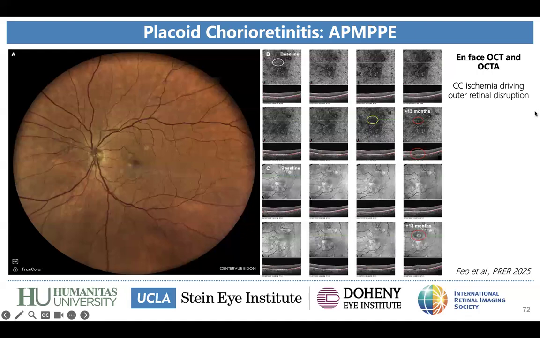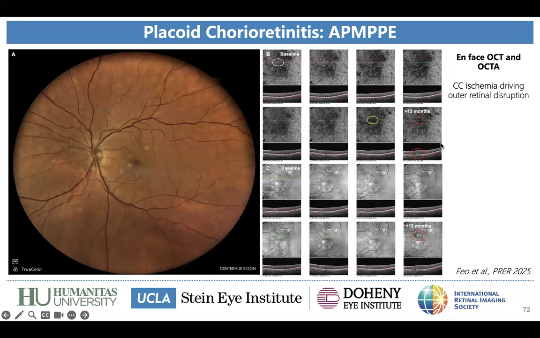Another example of application of en face OCT-associated imaging in the context of inflammatory disorders is represented by placoid disorders. This is an example of APMPPE, acute posterior multifocal placoid pigment epitheliopathy, and you can see the presence of an en face OCTA here with segmentation at the level of the choriocapillaris and en face OCT at the level of the outer retina. Focusing on this part here, for example, we can see that there is not so much hyperreflectivity in this circle, but with follow-up,